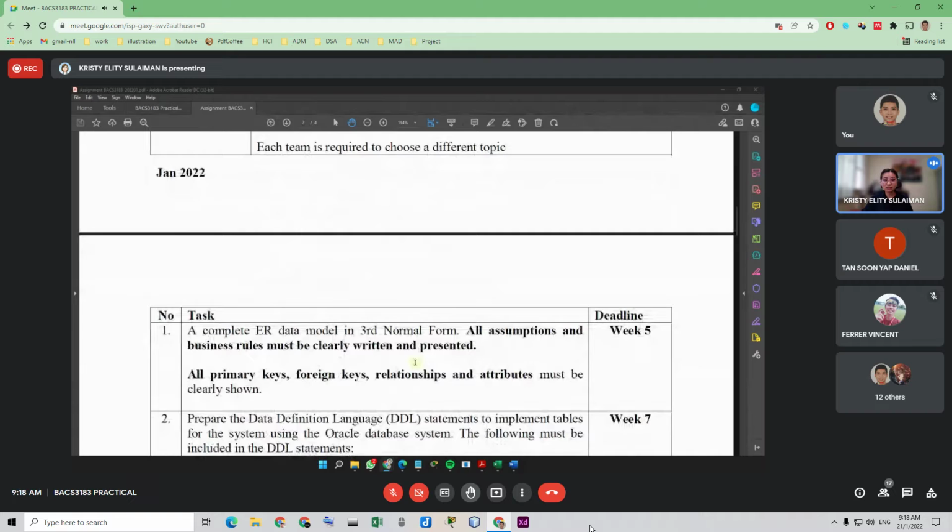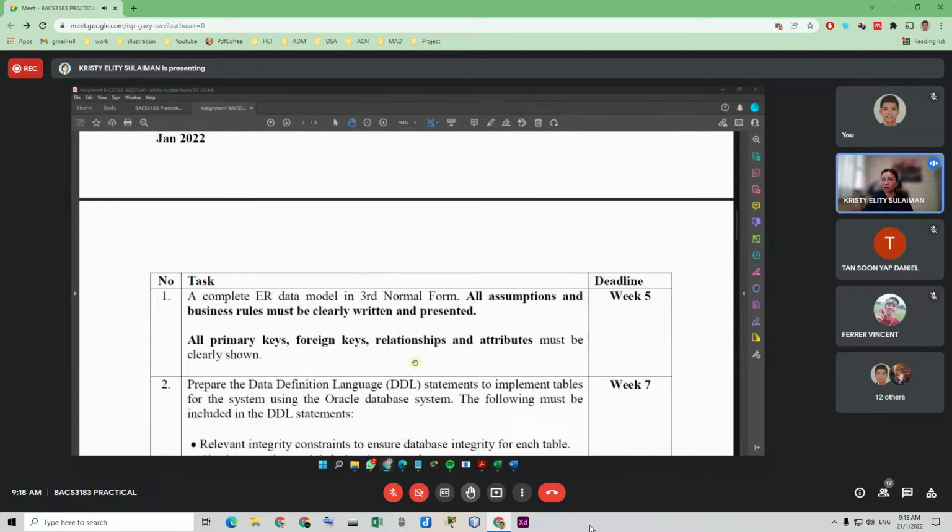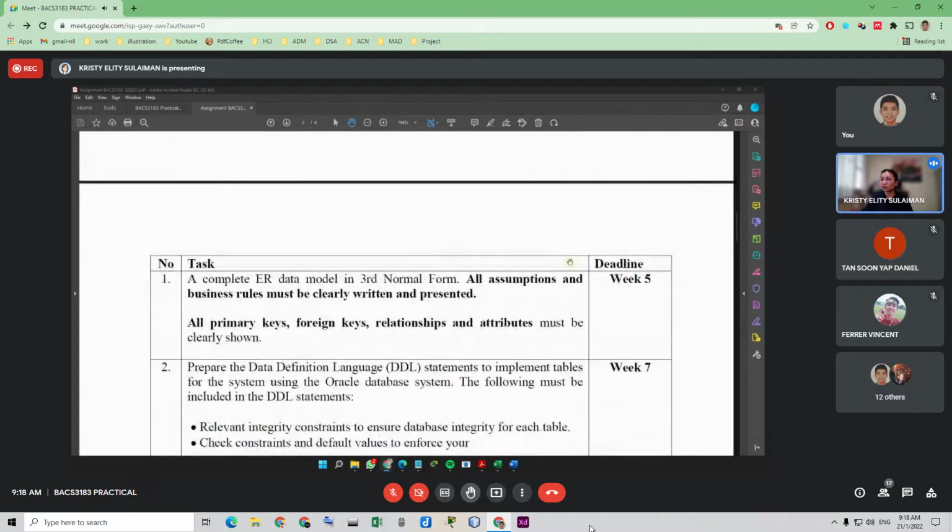So these are the tasks that you will need to do. There are several tasks here, and also the deadline for each. The first thing that you will need to submit is in week 5. This should be during our face-to-face session already. You will need to submit the complete data model ERD, the entity relationship data model in third normal form.